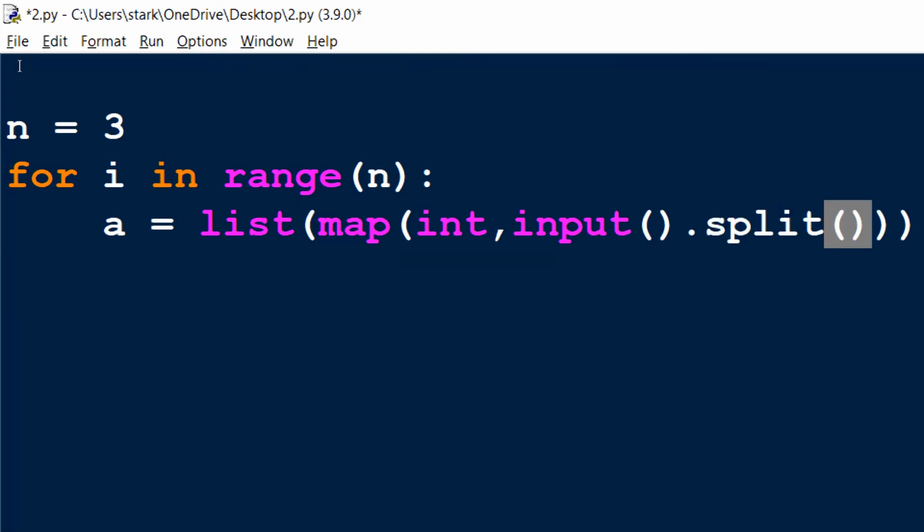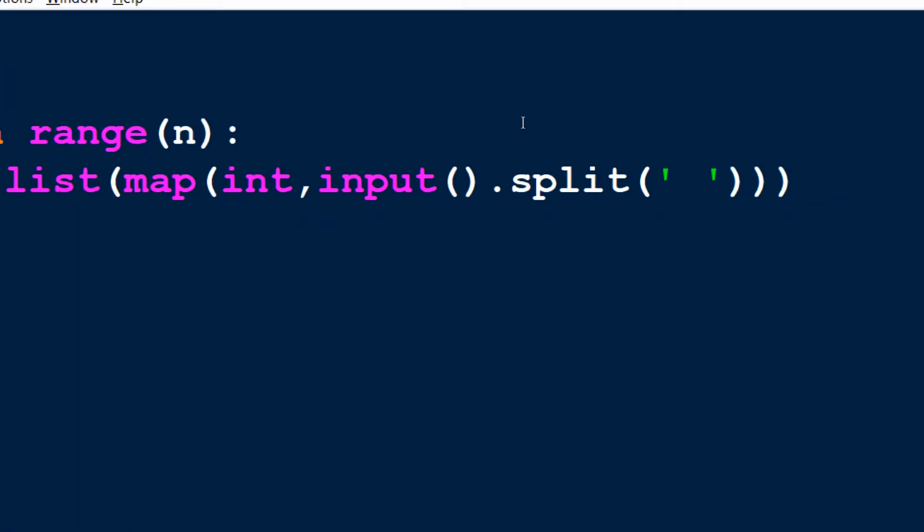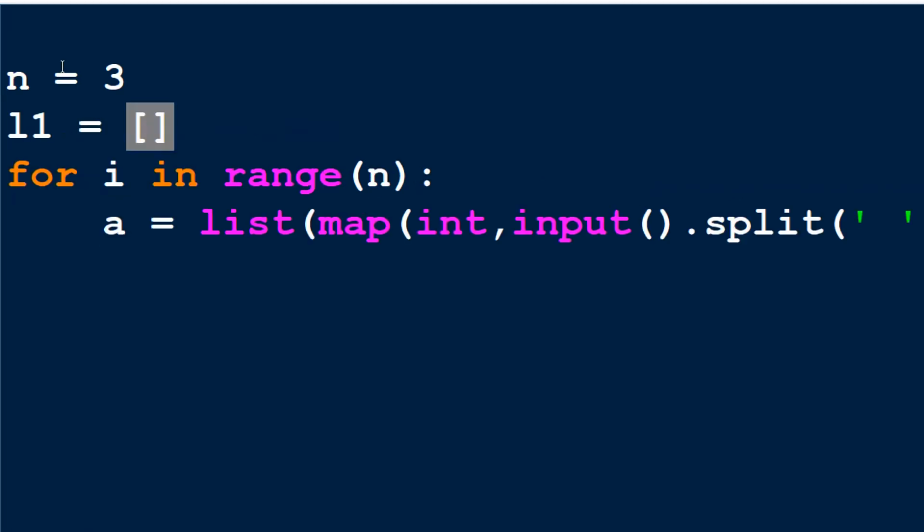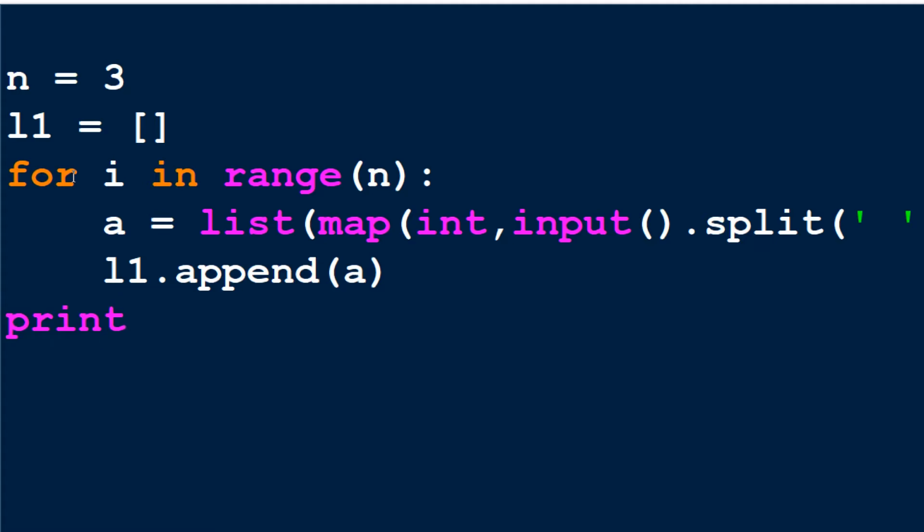So now I am splitting on the basis of space. Then I'm taking one empty list here, and I'm going to append the elements I'm taking here and then print L1.